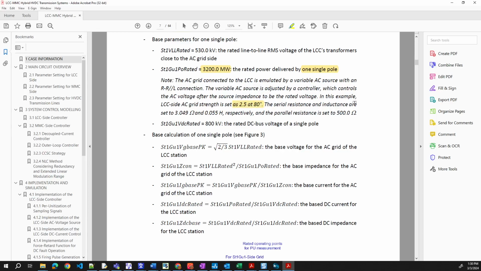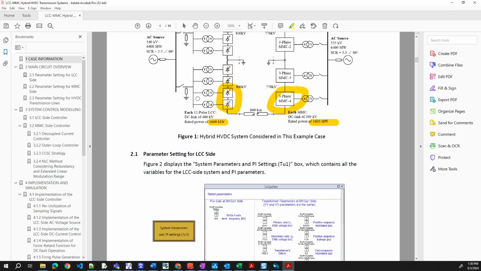The series and the inductance are set for this, respectively, the parallel is this. So the source is adjusted by a controller, which controls the AC voltage after the AC source voltage. So this source voltage is set by a controller. Okay, that's interesting.